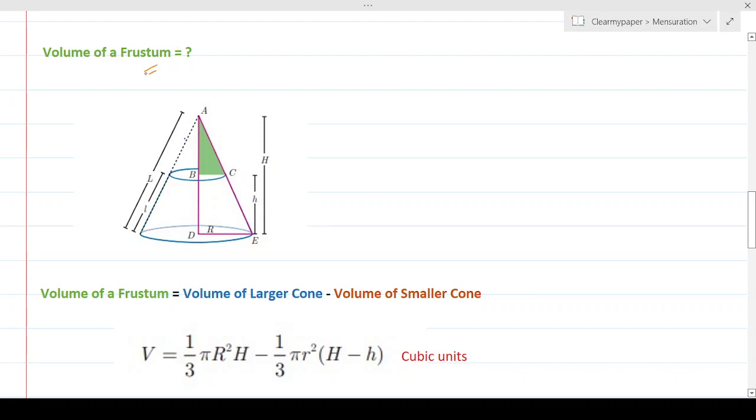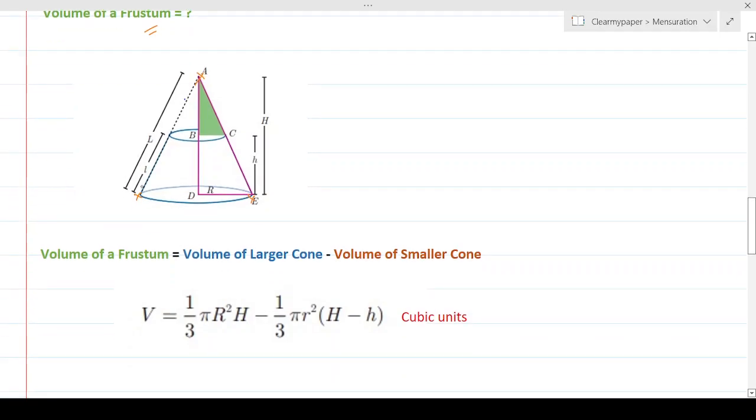So let's take this particular figure or schematic, okay? And we know that we're going to take the difference of the two cones. The difference of the bigger cone, which is from these 3 points, okay? That's a bigger cone. We know that the formula given by that is going to be 1/3 pi r